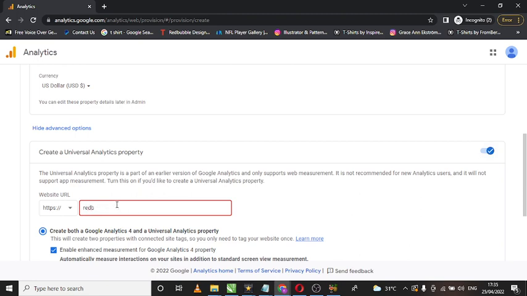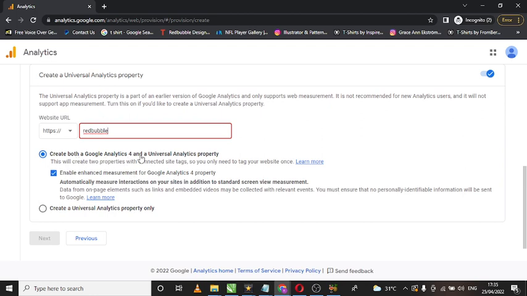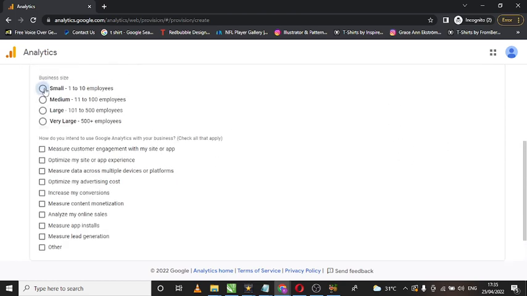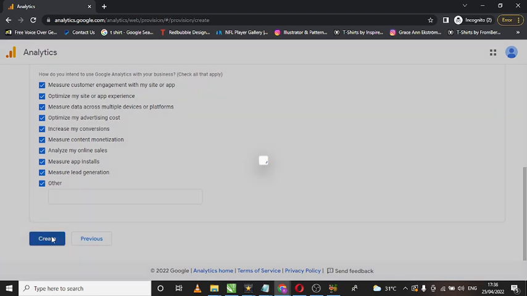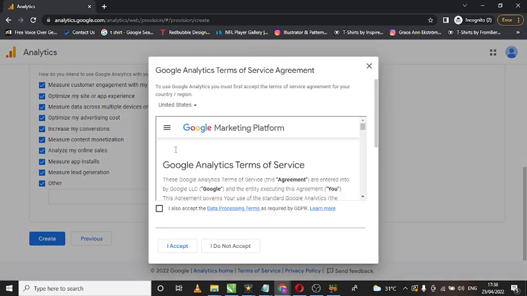redbubble.com. And this is the most important thing: create both a Google Analytics 4 and a Universal Analytics property. So you want to ensure that this is ticked. Do not click this one which is creating only a Universal Analytics property, because like you saw, Google will be taking this down shortly. So from here you're going to click next, and these settings don't really matter, but I like to tick all of this. And from here I'm going to click on create,